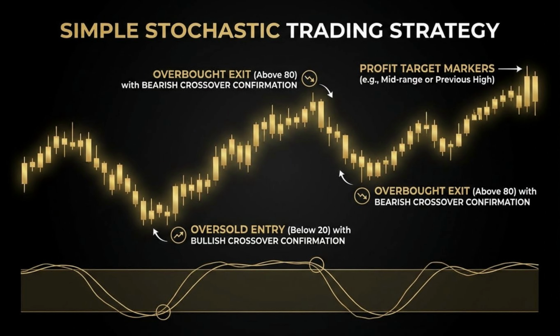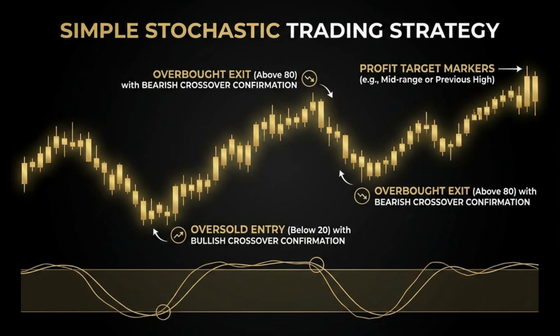A simple stochastic trading strategy focuses on using overbought and oversold conditions, along with crossover confirmations to make clear and disciplined trading decisions. The first step is identifying an oversold entry, which occurs when the stochastic oscillator falls below the 20 level and then forms a bullish crossover, meaning the %K line crosses above the %D line. This signals that downward momentum is weakening and buyers may be stepping back in. Once this confirmation appears, traders look for an opportunity to enter a long position, aiming to profit from the expected